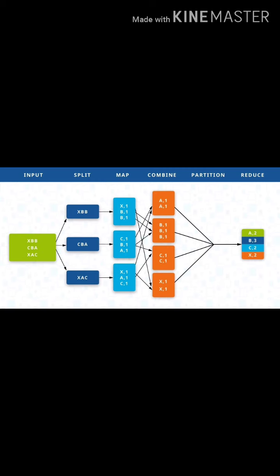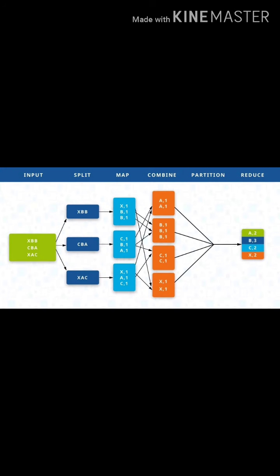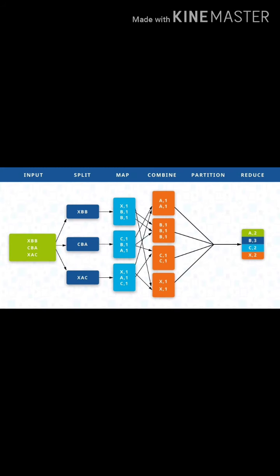So in the event of node failure, before the map output is consumed by the reduce task, Hadoop reruns the map task on another node and recreates the map output. So the reduce task doesn't work on the concept of data locality. On this machine, the output is merged and then passed to the user-defined reduce function.